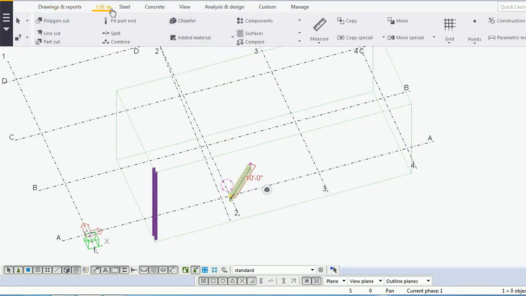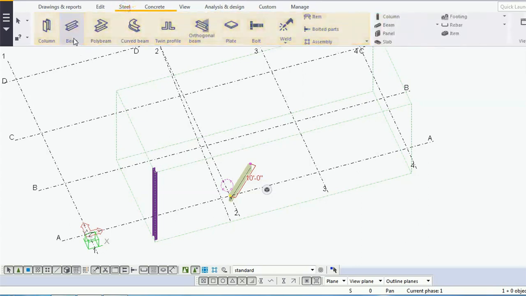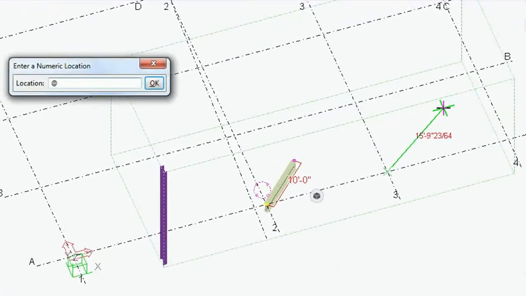In the second example, I will rotate the beam in XZ plane, or we can say from the XY plane. So I will go to the steel, select the beam, select the first point, press R on my keyboard. I will give the length of the beam, then place the less than symbol and give angle 0 in XY plane, and again I will place the less than symbol and give 30 degrees on the XZ plane.